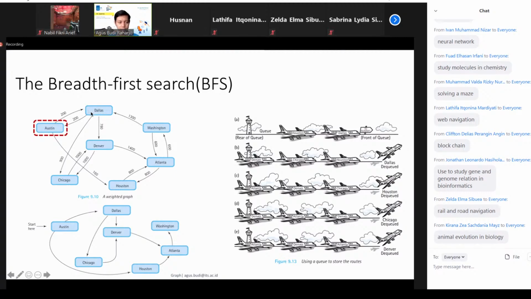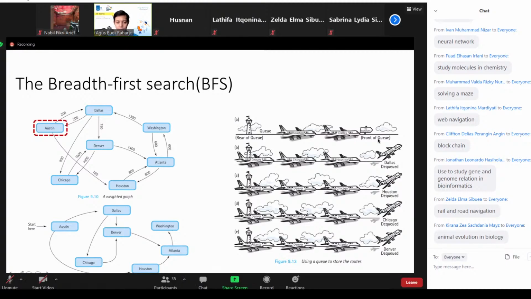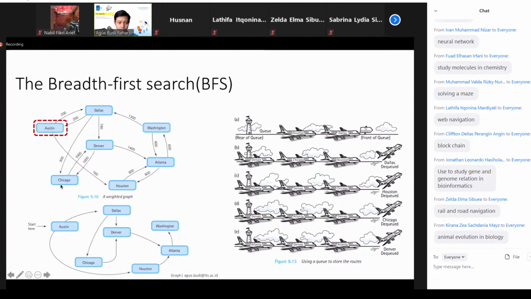So we have Dallas and Houston. As you can see, we start with Austin. There are Dallas and Houston. Dallas is put in the front because maybe it's smaller, followed by Houston. Then after that, actually, the distance or the weight is not considered, I think. The weight is only for the order. Then, once we arrive in Dallas,